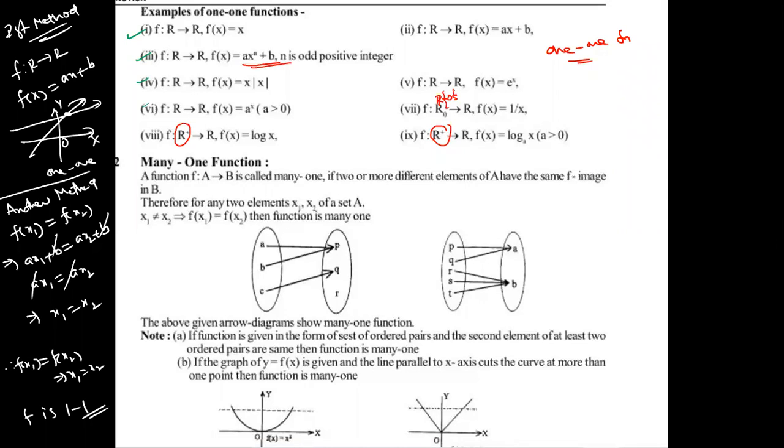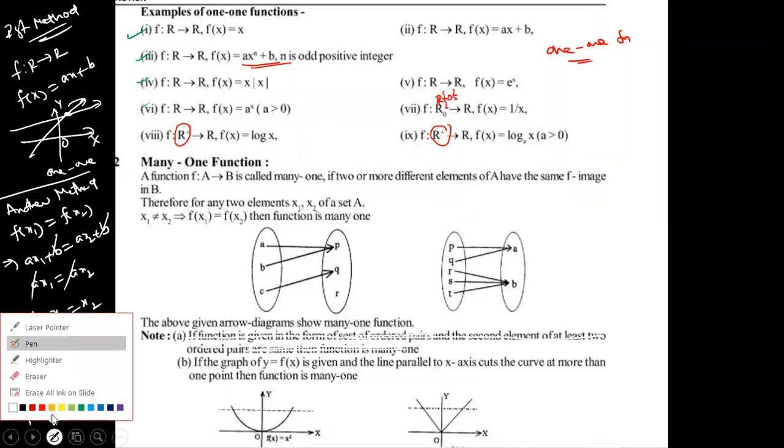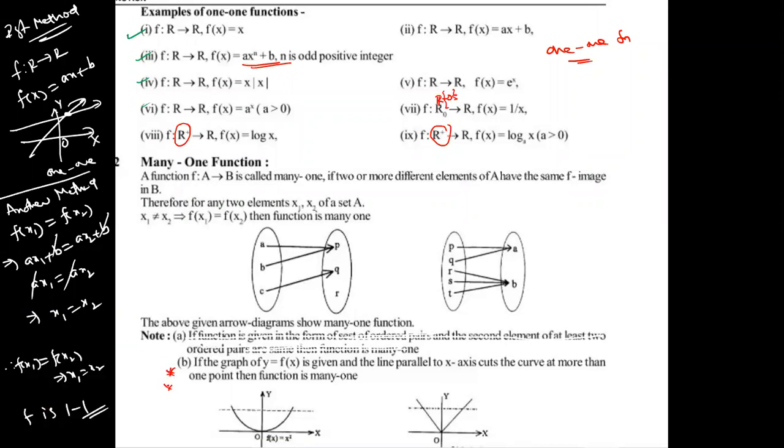Only practice. Here also, the first point is not required. The same meaning is discussed. Now, triple star. What is the meaning? Draw a line parallel to the x-axis. If it meets the curve at more than 1 point, at least 2 points, then that graph is called many-one. That is the meaning. So please write that down.